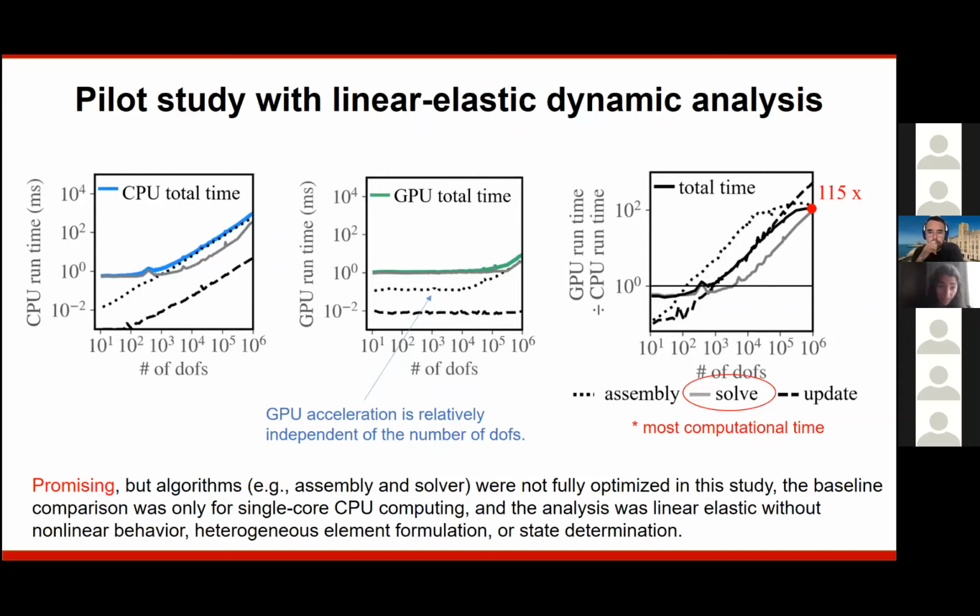They were not fully optimized in the study. It's a linear elastic model, so really when we start talking about nonlinearities on the finite element side, that's where this 115 is probably going to reduce to maybe 5 times speed up, or hopefully 10 times speed up, based on other studies. And so a lot of things aren't implemented here, but it's sort of a promising way of looking at how much you could potentially accelerate what's happening in the finite element side of the hybrid simulation